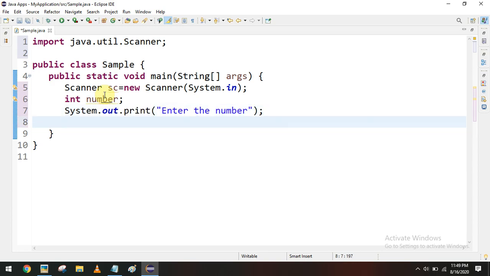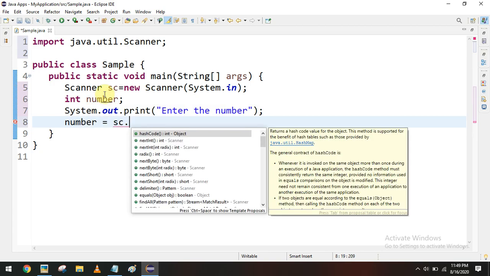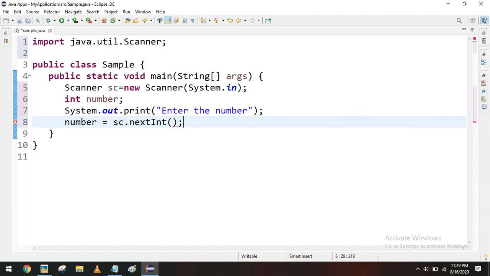After that, we can store the number using the sc object. The sc object is a Scanner object, and when you put a dot, you can see the list of functions available. There are so many functions, so I have listed only the basic, most commonly used functions. To read an integer, you have to select nextInt, and a semicolon.